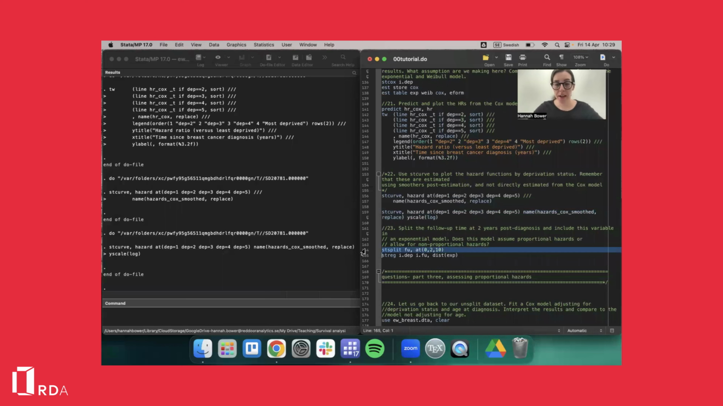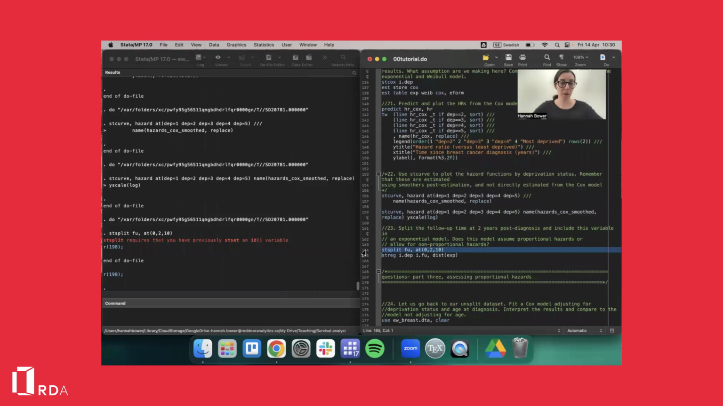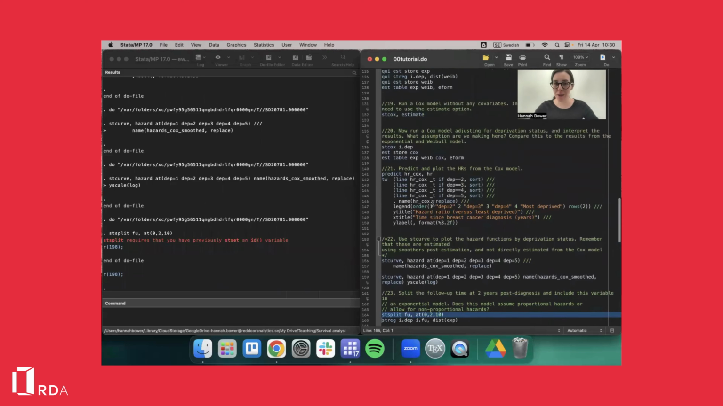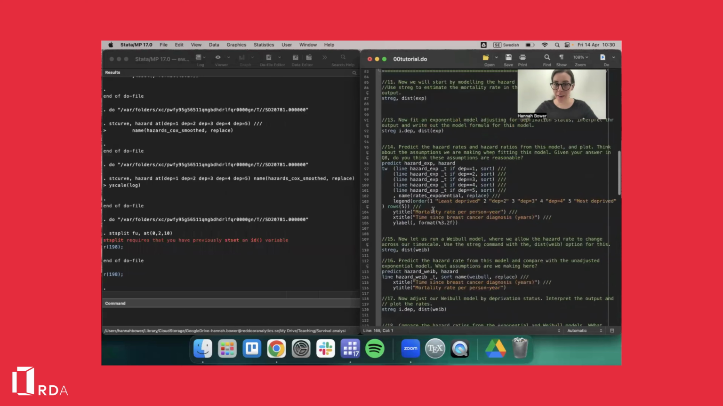So we tell Stata that we want to split our data set, or our time scale, by using the stsplit command, and we create a variable called fu, follow-up. And we tell Stata that we want to split our time at 0 to 2 years, and then 2 to 10 years, because the end of our follow-up is at 10 years. So if we do that, it tells us that we haven't used an ID variable. So let's go back to our